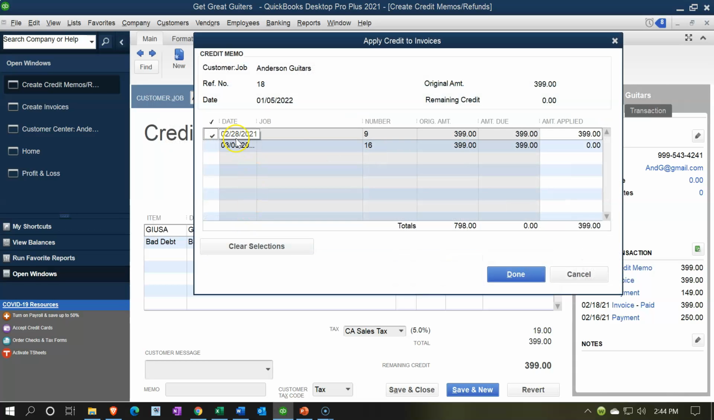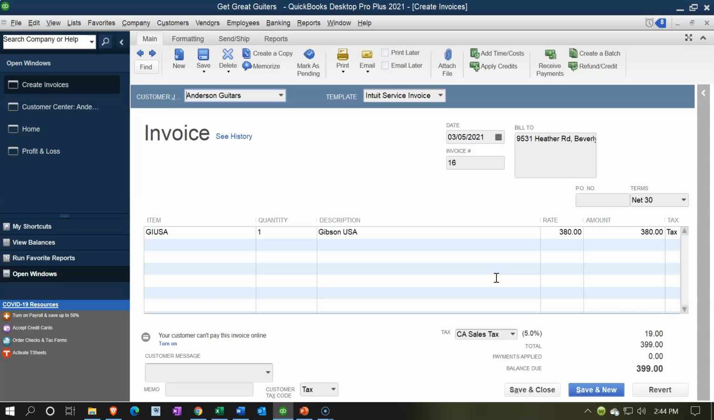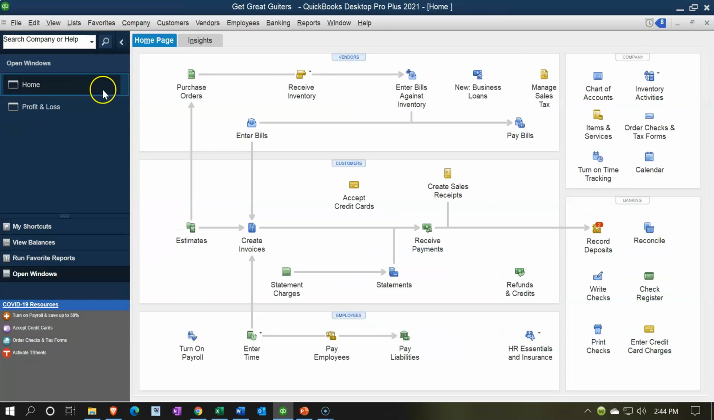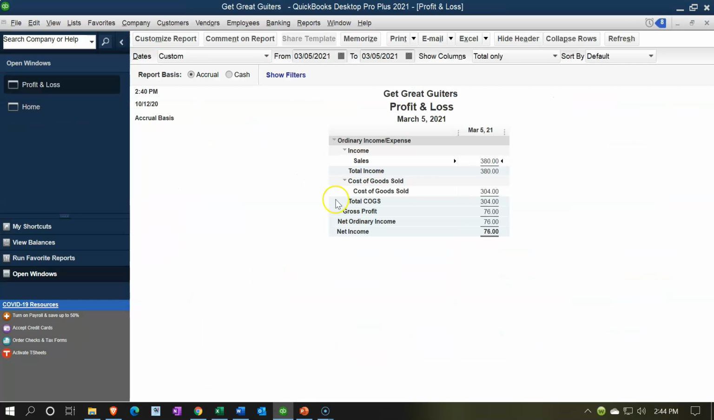And then we see here's the open invoice. So that's the one we're going to be checking off. So I'll keep that there. I'm going to say done. And there we have it. So I'm going to close this back out now. If I close this back out, close this back out, and then go to the profit and loss report,